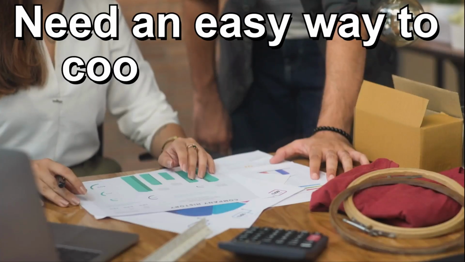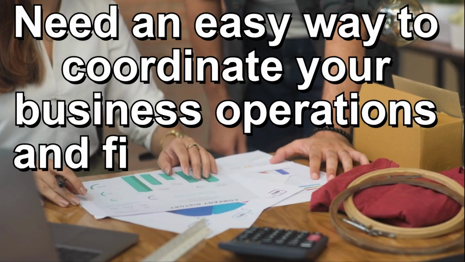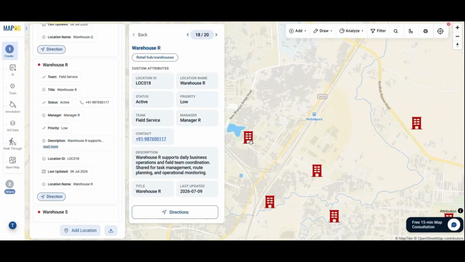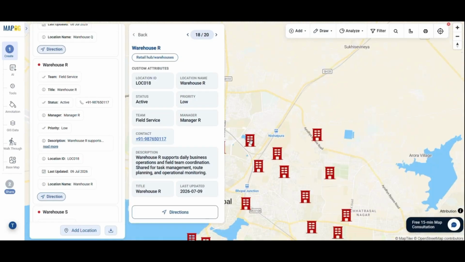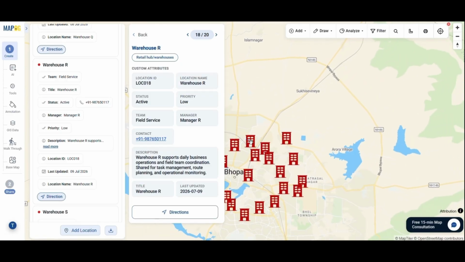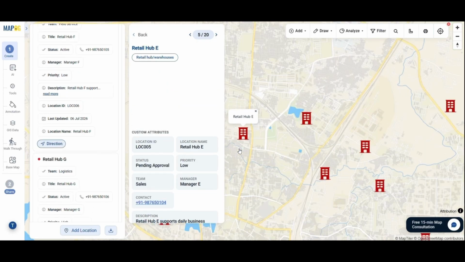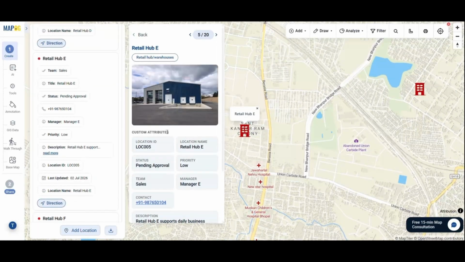Need an easy way to coordinate your business operations and field teams from one interactive map? Whether you're managing retail stores, warehouses, or field staff, a shareable map helps everyone stay connected while keeping sensitive information secure. In this video, I'll show you how to create a shareable map for business operations and field teams using